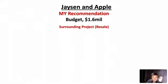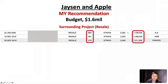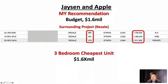And there's also another surrounding project, which is a resale. I screenshot this. Now you can see that this is a 1-bedroom. The 1-bedroom has actually transacted around 1.4, 1.5 and 1.7 million. And the cheapest 3-bedroom that I recommend to them is 1.6. Can you imagine that the 1-bedroom size of 689 square feet has already transacted this year, January, at 1.7